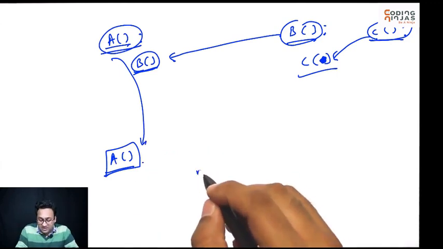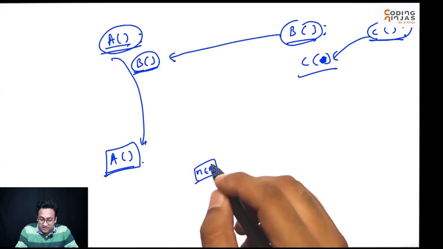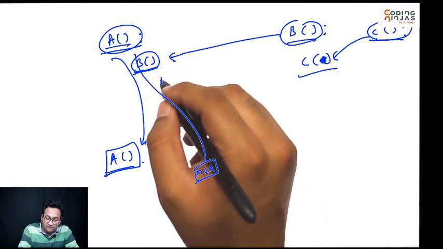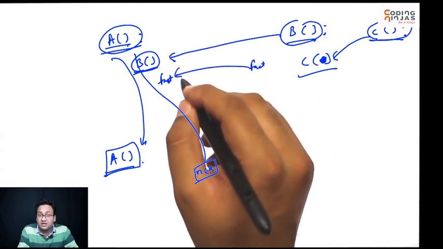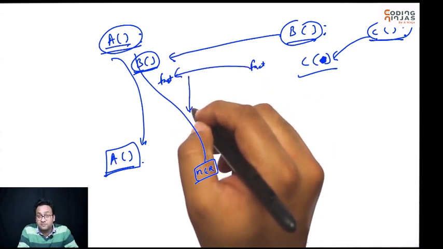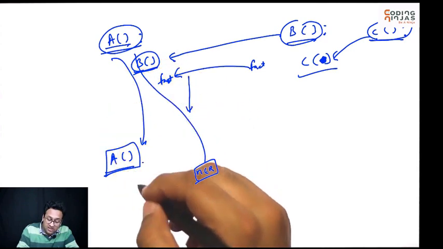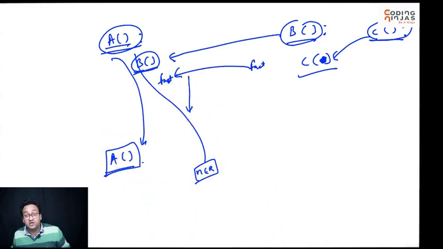So I called NCR, and in turn NCR called fact, and when fact was done, it came back to NCR, and NCR completed its work, right? And when NCR was done, it came back and let me print the value of NCR. So that's how things were running, right? So let's see how things work.